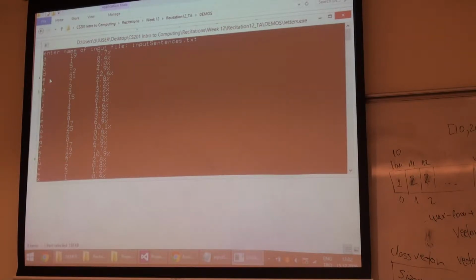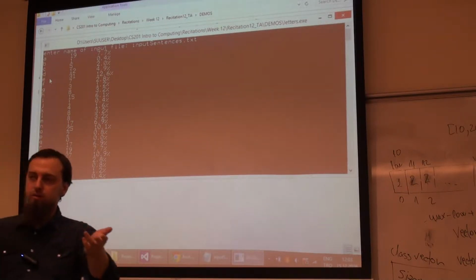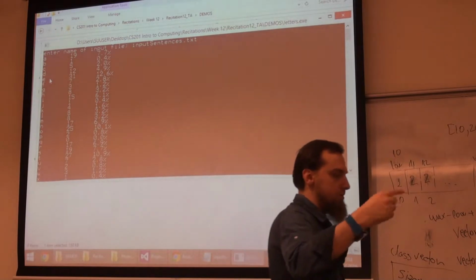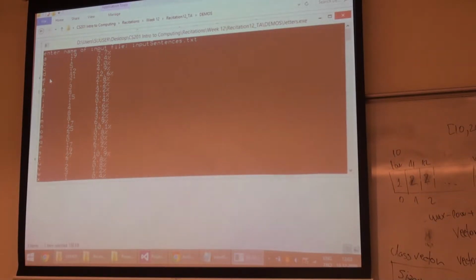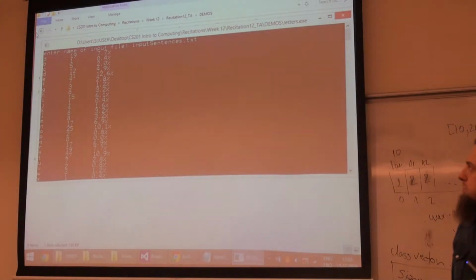You don't remember? Exactly. So, how are we going to do this? We are going to declare a new vector with 26 elements, starting from index 0 to 25. And in each index, I'm going to keep the appearances of the letters, okay? And I'm going to count. And in the end, I'm going to count the percentage of them. But before going to the implementation part of this program, this was just a demonstration of how it should look,